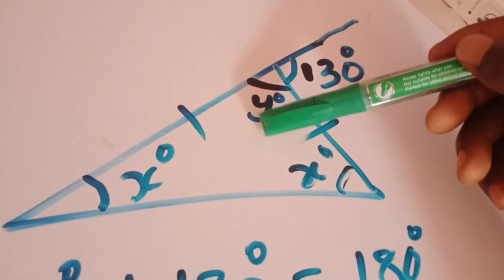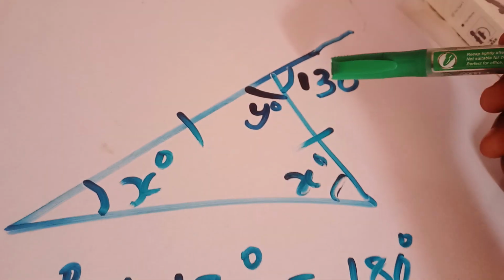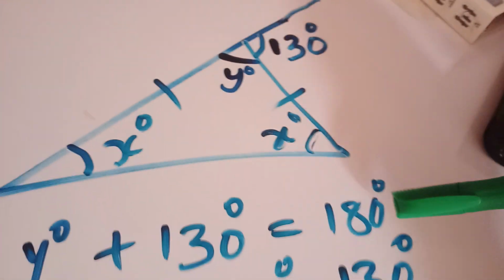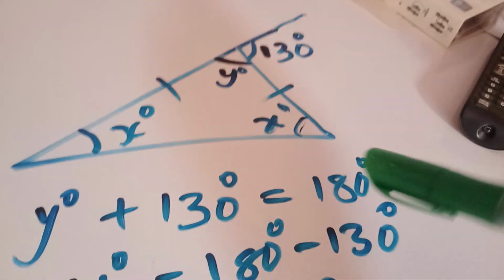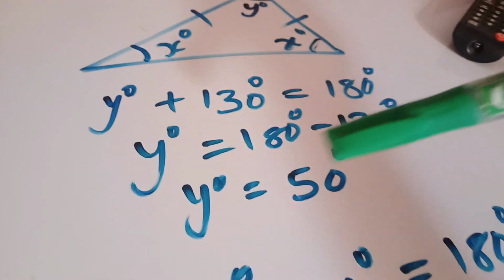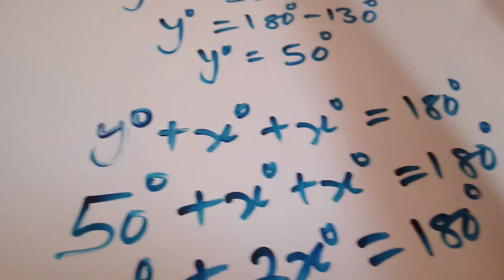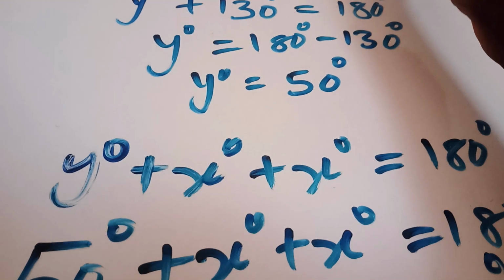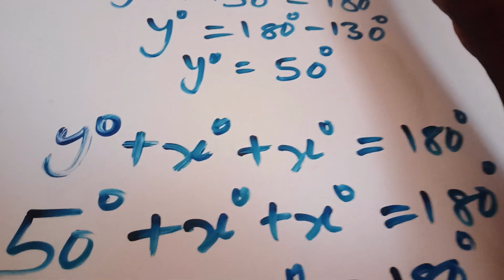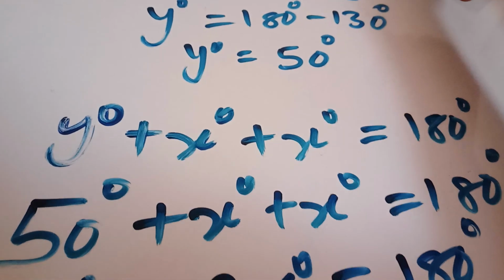So that we're able to get the value of y. I represented this particular angle as angle y. So y plus 130 is now equal to 180. So from there we are able to get y degree equal to 180 minus 130. Y degree is now equal to 50. So since this particular angle is now 50 degree, and I told you that this particular triangle is an isosceles triangle,